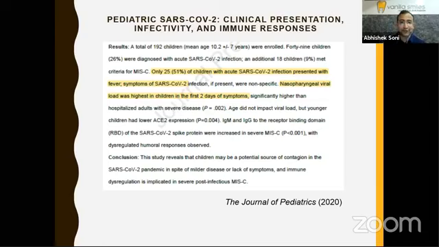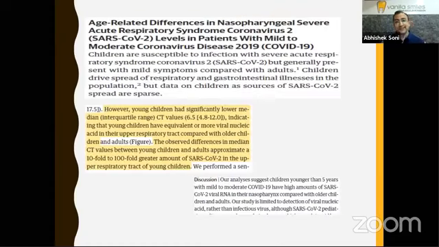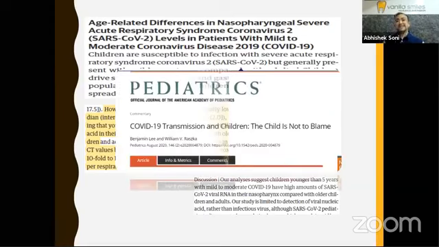And what worries us, if you see over here, is that only 51% of the children with the SARS-CoV-2 infection presented with fever and symptoms. So what about the remaining 50% that you're seeing at your center? They are probably the asymptomatic carriers. And if you see the following study, children less than 5 years, we basically see children between the age of 3 to 5 were the ones who carried the highest amount of viral RNA in the nasopharynx. And your rubber dam is an effective barrier between yourself and the nasopharynx.